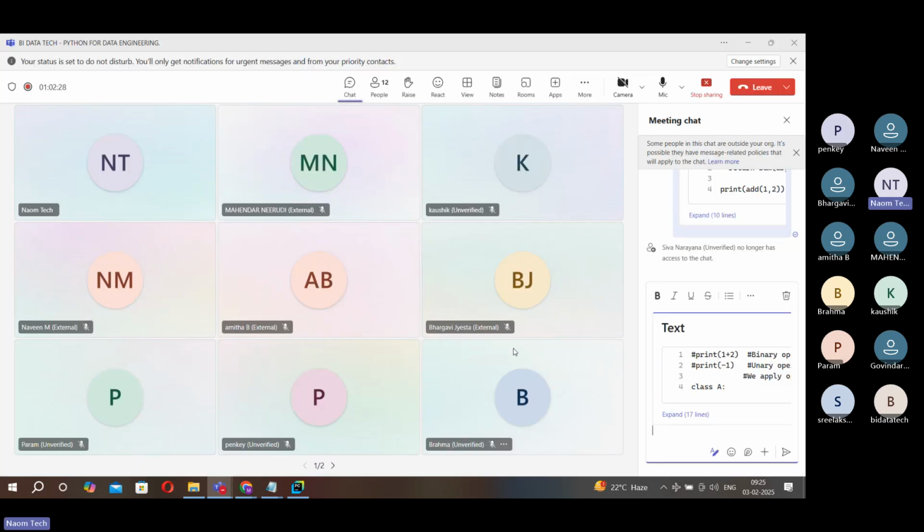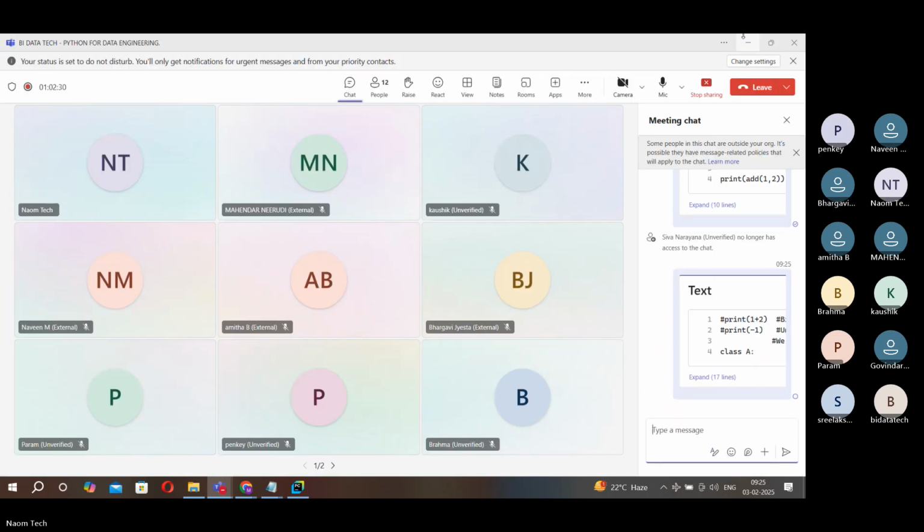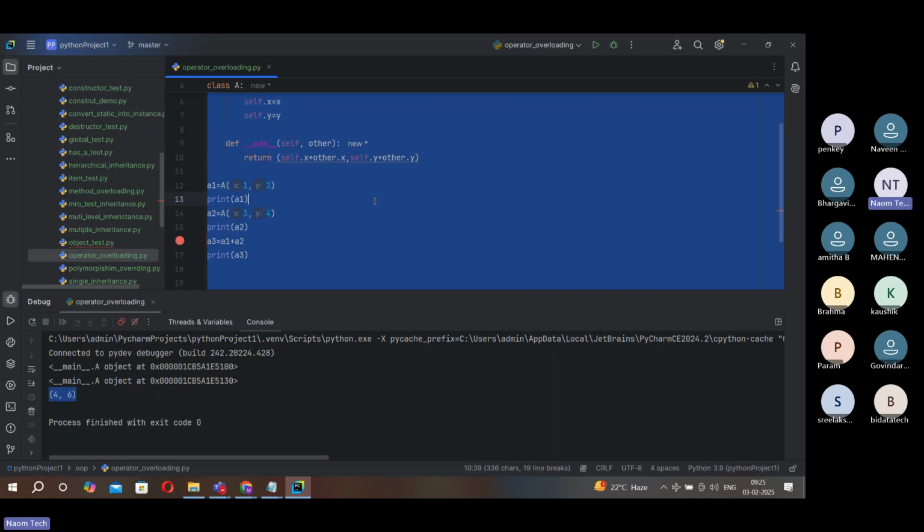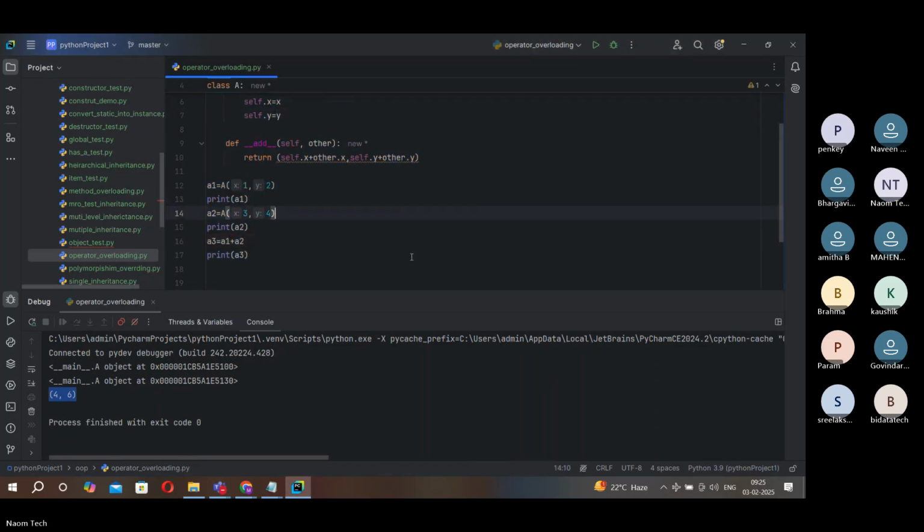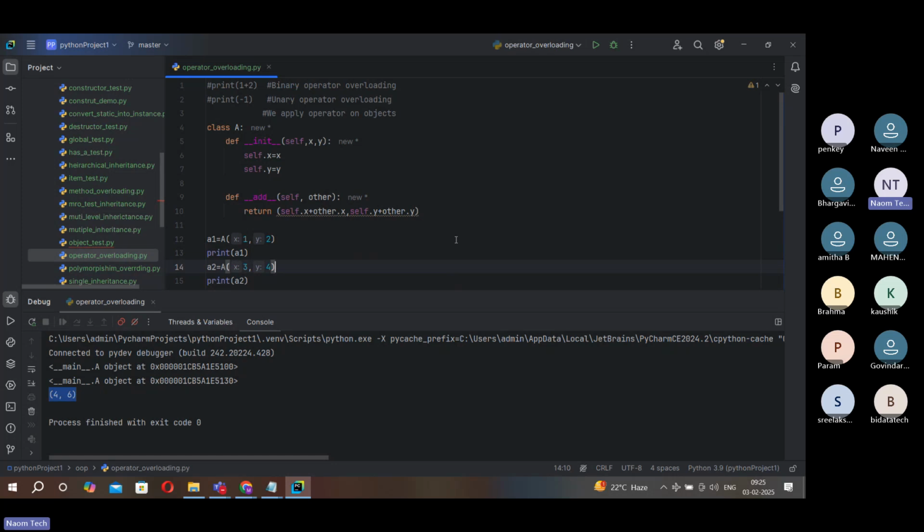Let me share this with you. Is this clear for all of you, friends? Next one. So this is about operator overloading. We are done with this. Okay, next one is